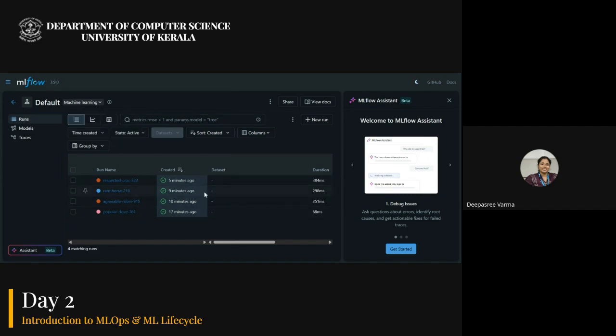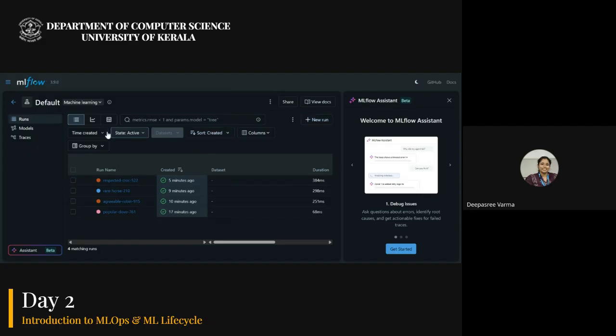These 4 experiments are listed here: the latest one 5 minutes ago, then 9 minutes ago, 10 minutes and 17 minutes ago. It says how much duration each took. The first one was easy, it took 68 milliseconds, then 251 milliseconds, 298, and finally 384 milliseconds to complete.